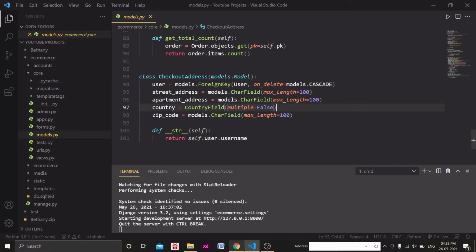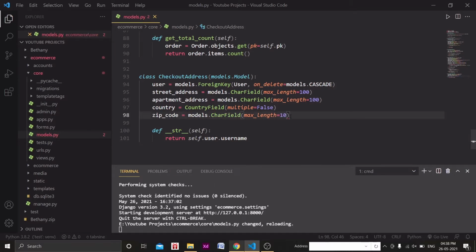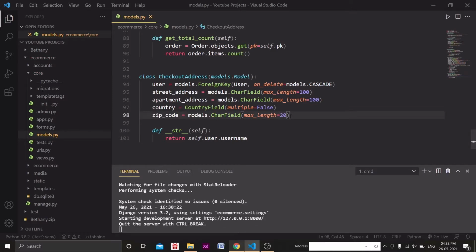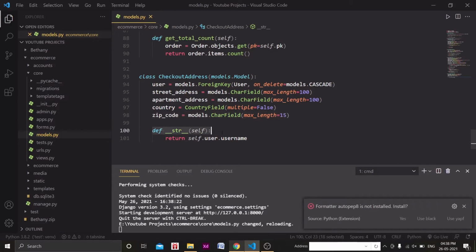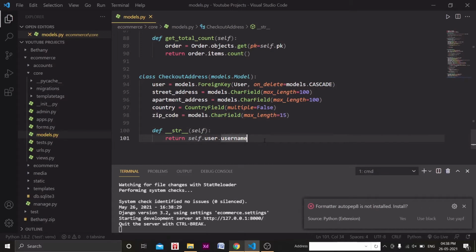And we will have zip code, which is a character field of maximum length 100. Actually that doesn't matter, we can store like 15. And we are just redefining the string method __str__, and we are returning self.user.username. This is basically the display in the admin panel.